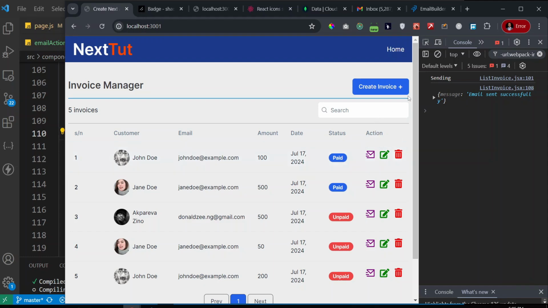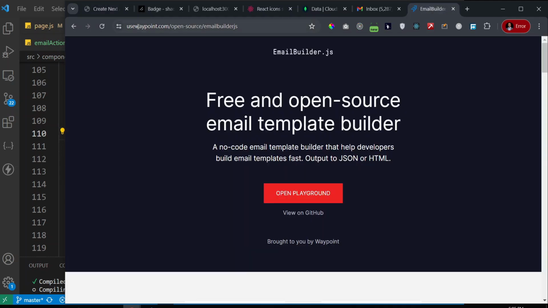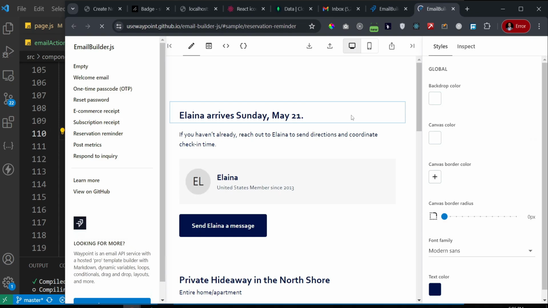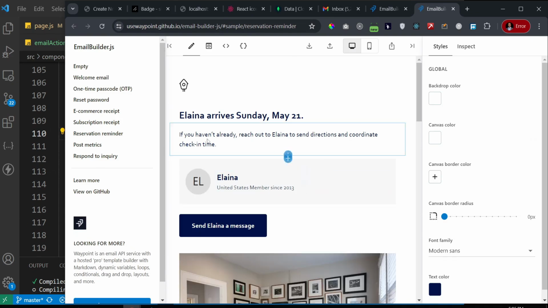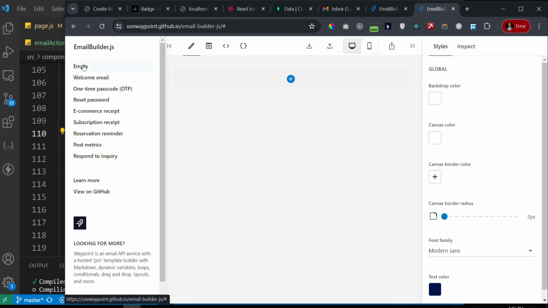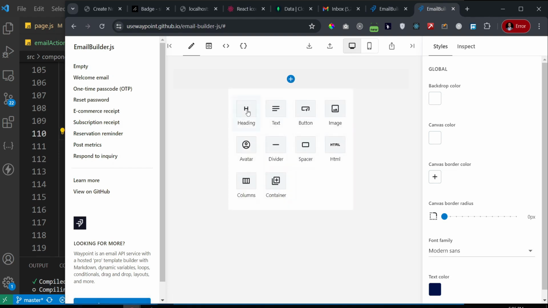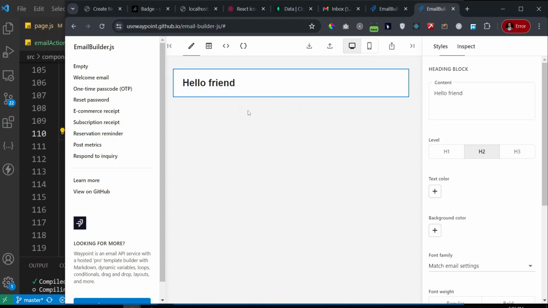For us to build the template, I'm going to come here to this email builder. It's usewaypoint.com, and it's an open source package, which means it's free. So this is the URL, and I'm just going to click on open playground. It's going to open this email builder playground. And the interesting thing is that you can start from scratch by clicking on empty, and then you can start with the plus icon, add a heading and all of that. So you can add a heading and then select what you want to say, maybe